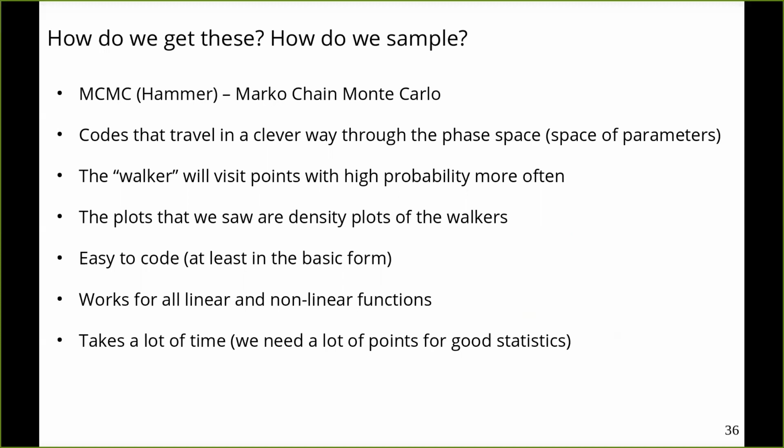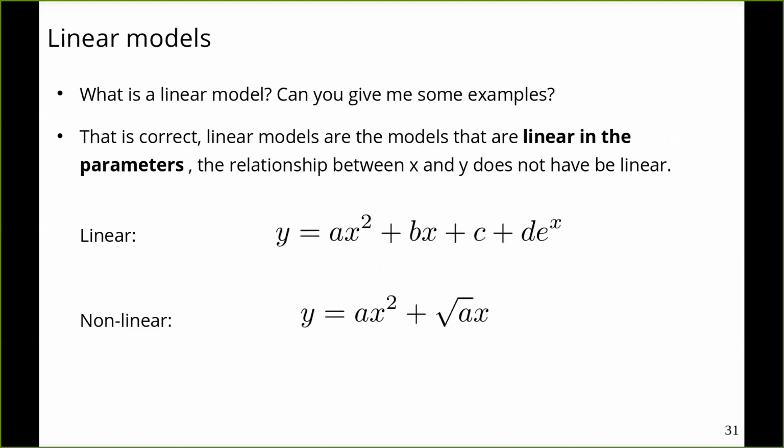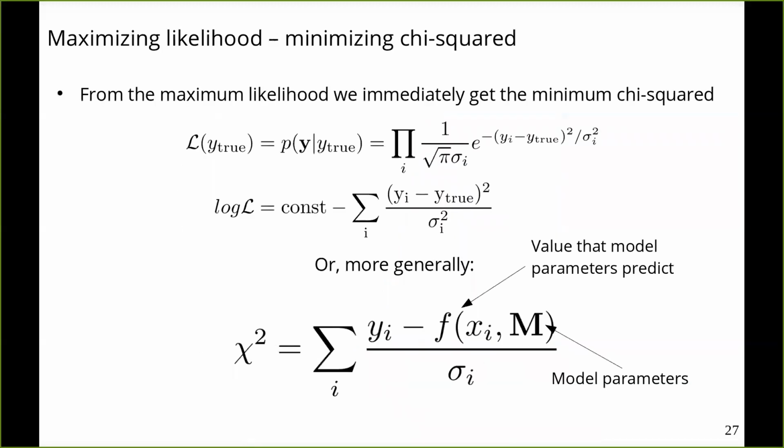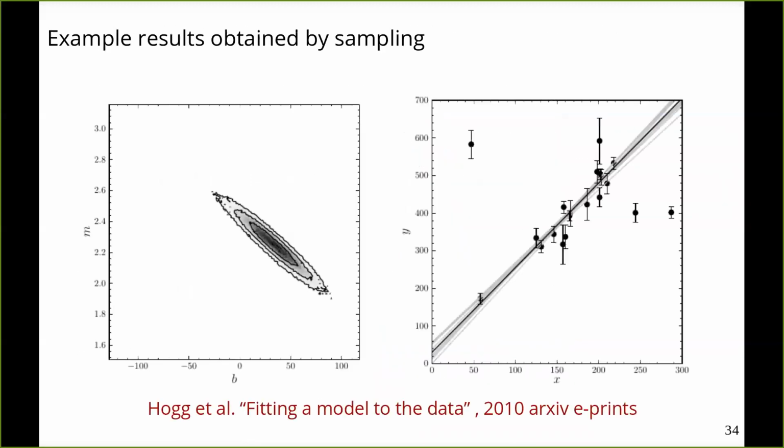Why is it very expensive? Well, to calculate this nice plot here, I used like 200 values. If I had 2 parameters, I would have to use 200 times 200 values. If I had 3 parameters, I would have to use 200 times 200 times 200 values, which is already 6 million values. So imagine now 10 parameters. I would have to use many billion values, which immediately becomes completely prohibitive, both in terms of memory space and computational time. Markov chain Monte Carlo methods give you a clever